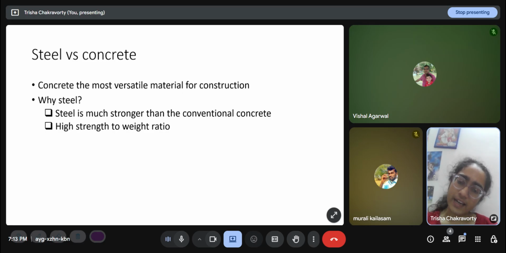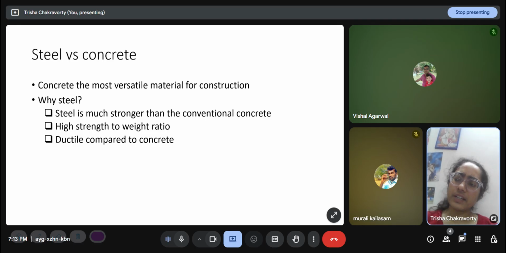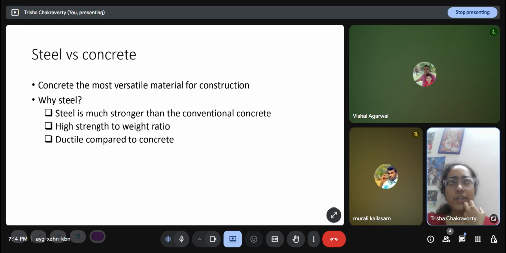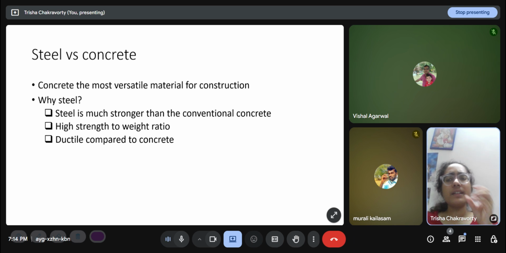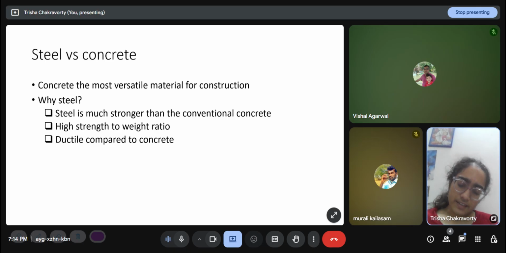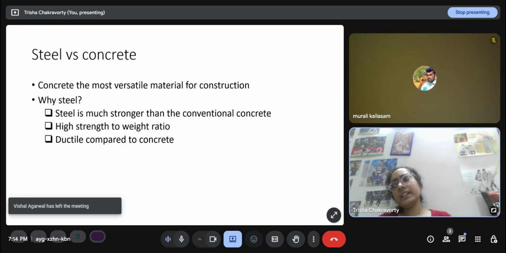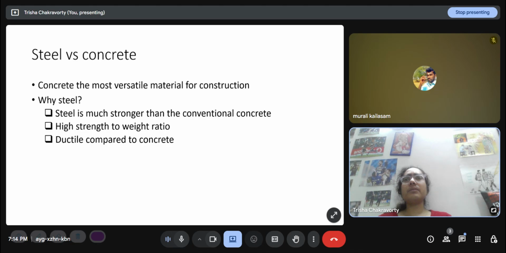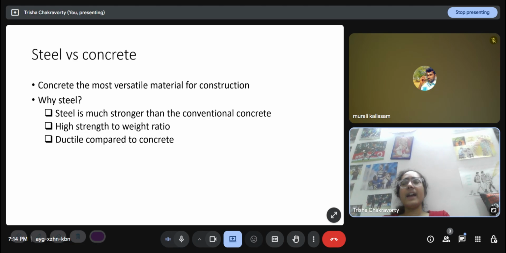So steel structures are lightweight, and steel is also ductile compared to concrete, which is a brittle material, relatively. Brittle and ductile are relative terms. For a brittle material, after yielding, the structure rapidly collapses. Just after yielding, the ultimate strength comes really fast, and there is only a little bit of deformation and it collapses. While a ductile material, after yielding, will have a lot of deformation before it actually reaches the ultimate strength and collapses. This helps because it absorbs some energy, and it also gives a lot of warning time for evacuation or for major repair. It gives us a chance to address the problem.